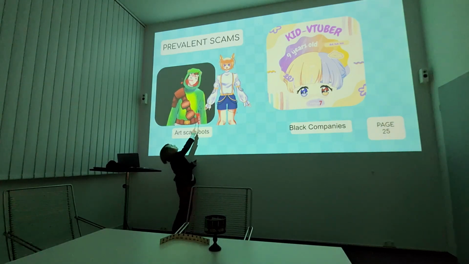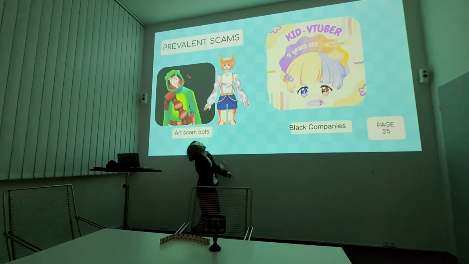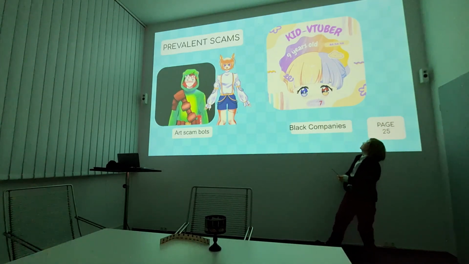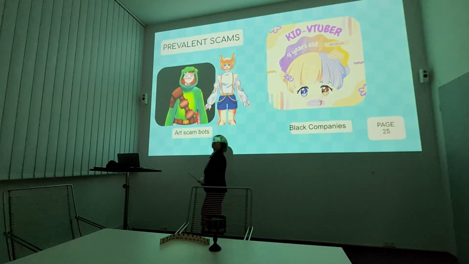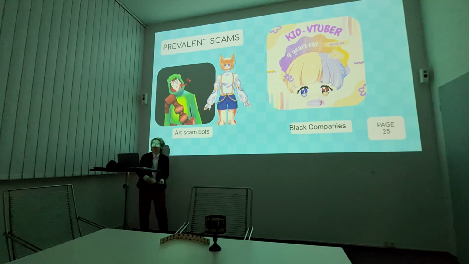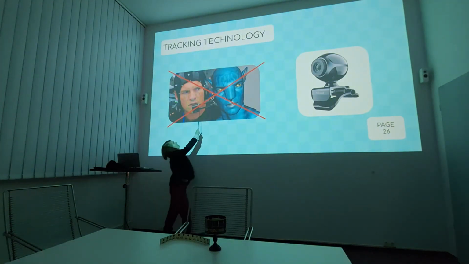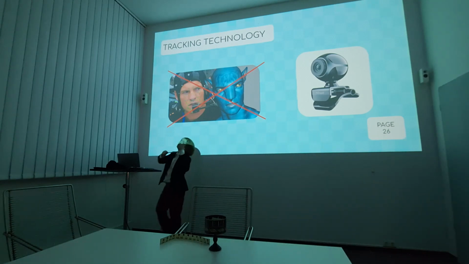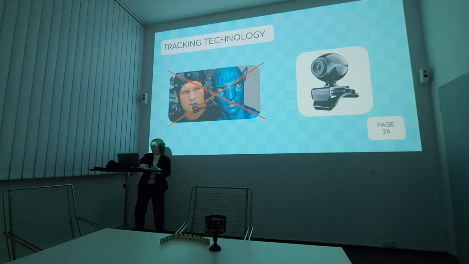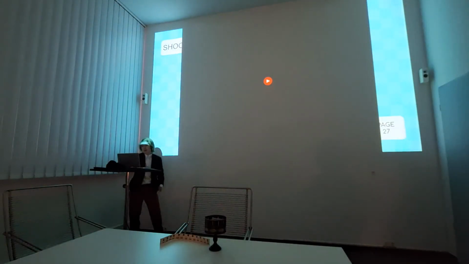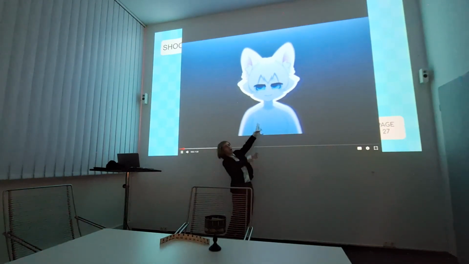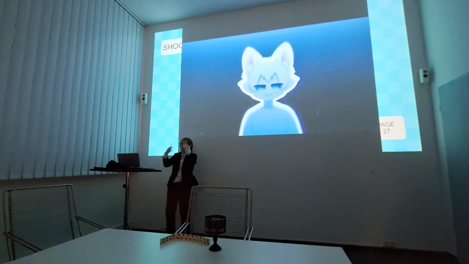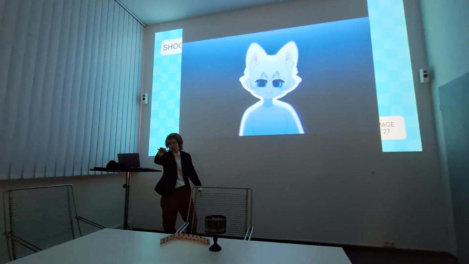Model scams, there are people who charge way too much for really bad quality models. There are also black companies, which are exploitative companies that do awful things like trying to debut a 9-year-old as a working person, which shouldn't be okay, to be honest. Tracking technology, you don't need that anymore, you just need a webcam and you can be a VTuber. And of course some money or your own talent to be a person that makes a model. Shaders, basically a real-time After Effects thing you can put on top of your VTuber model, so it looks really pretty, but you can still stream it to people. That's the integration part we already talked about, basically.